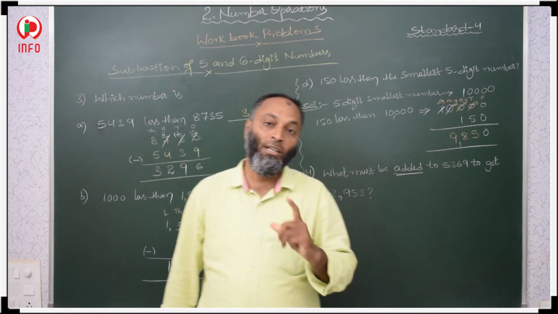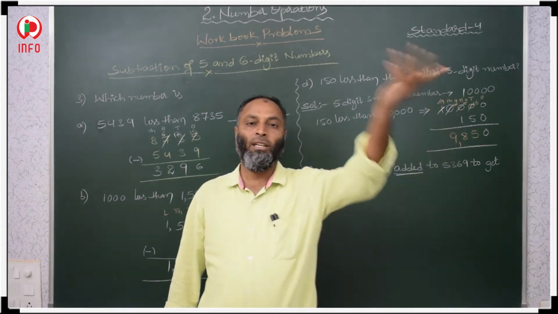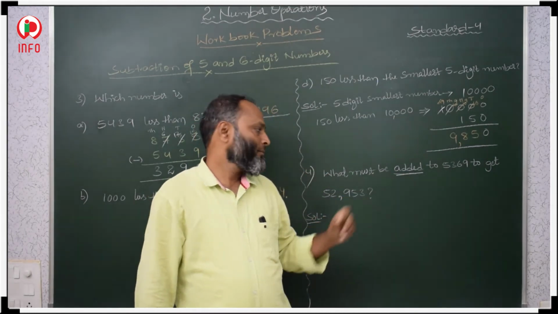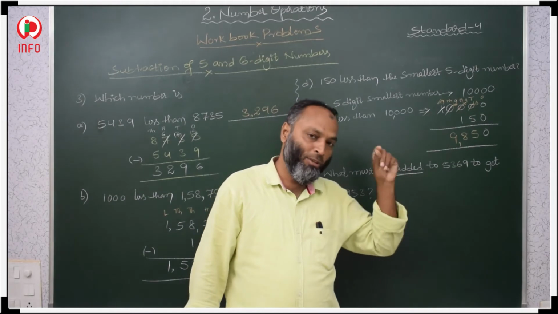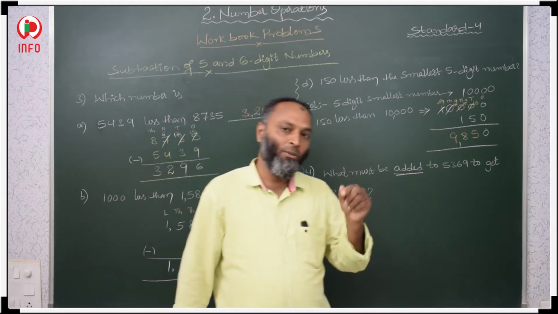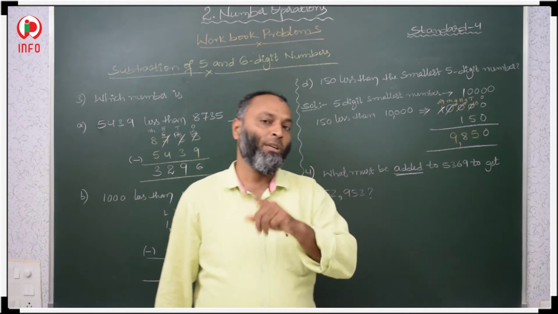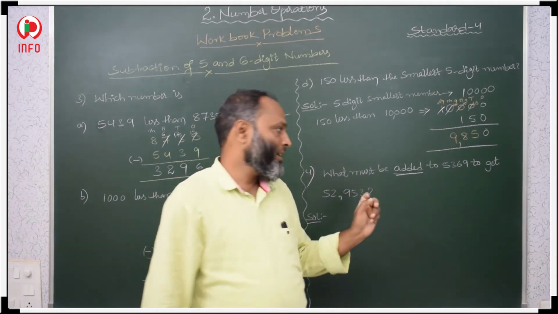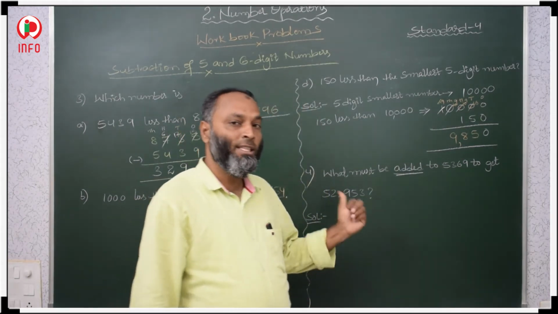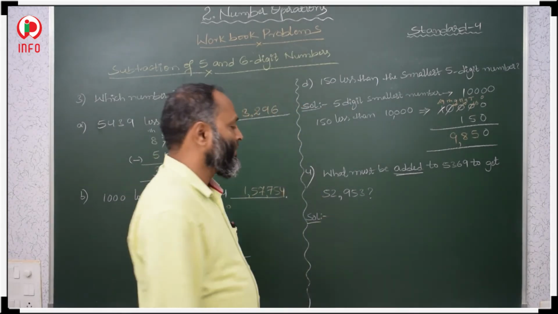So we have to first understand the meaning of the question. Here "add" is given, but just going and adding is not correct. First you understand what the question is asking. What must be added to this to get this number? What must be added to 9 to get 10 means 10 minus 9, the bigger number minus the smaller number. So that is 1. Here it is the same, but the numbers changed. So we have to make minus. First we have to write the bigger number.